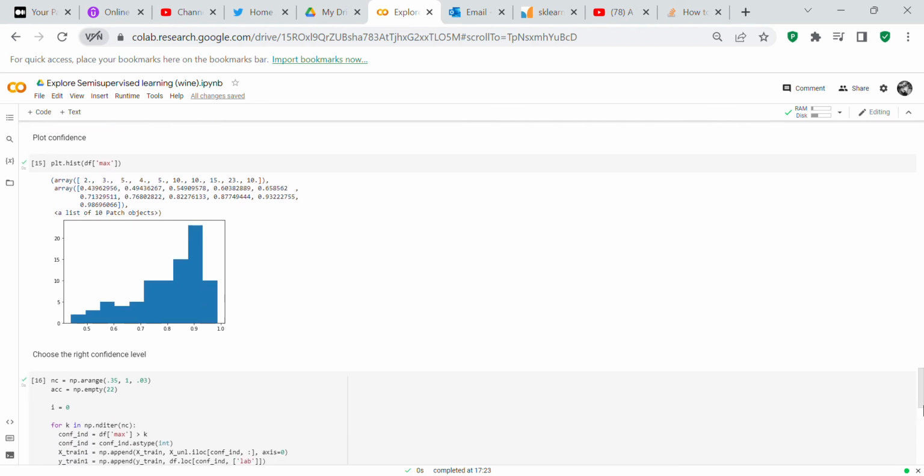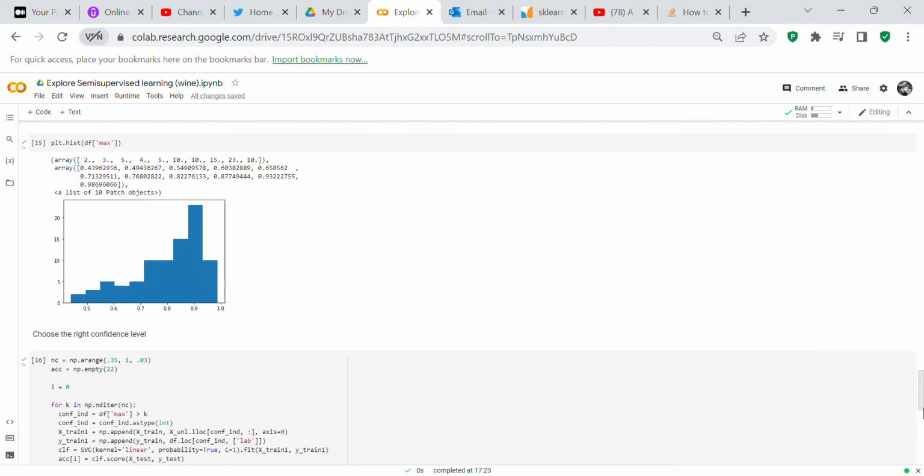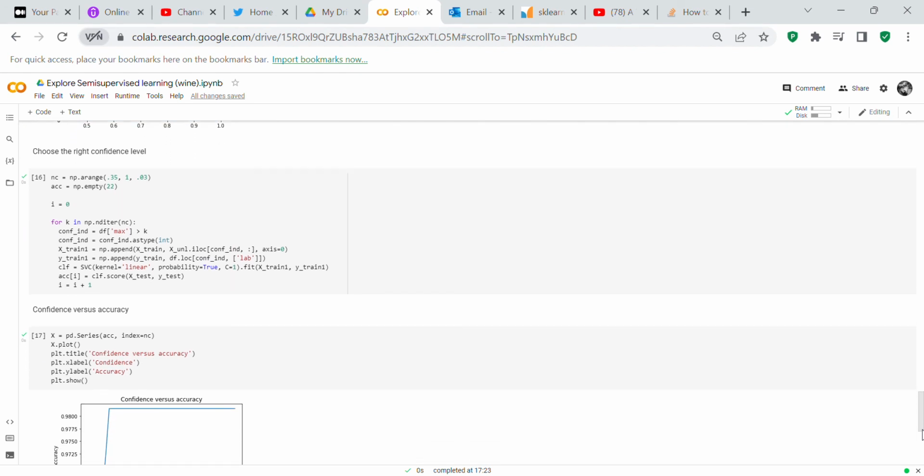So now what we're going to do is we're going to plot the confidence. So plt.hist(df['max']). So this is a histogram of the plot, and you can see most of the plottings are around the 0.9 range. Now what we're going to do is we're going to choose the right confidence level. nc equals np.arange(0.35, 1, 0.03). acc equals